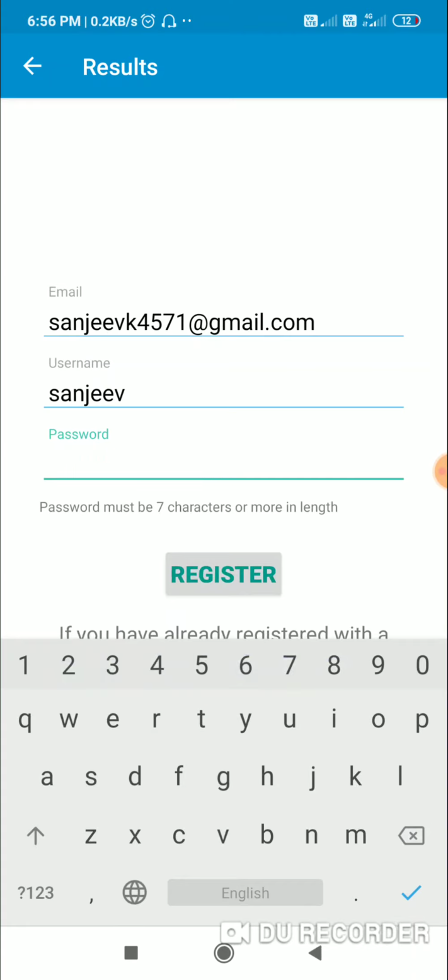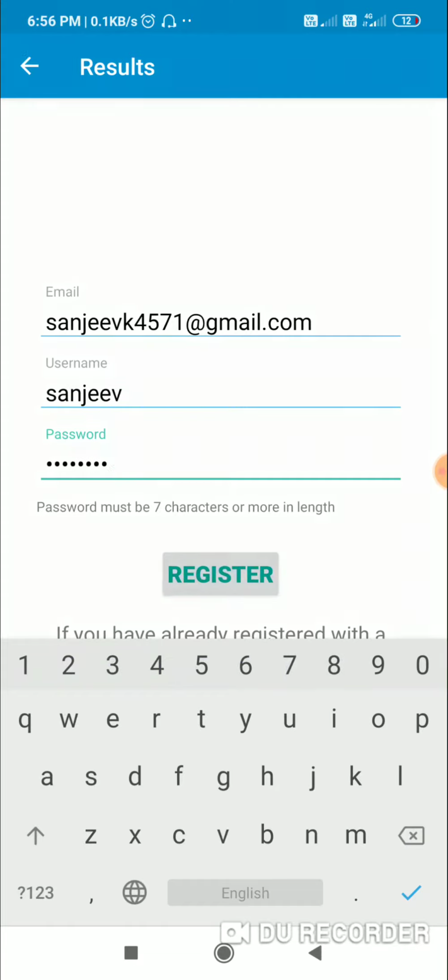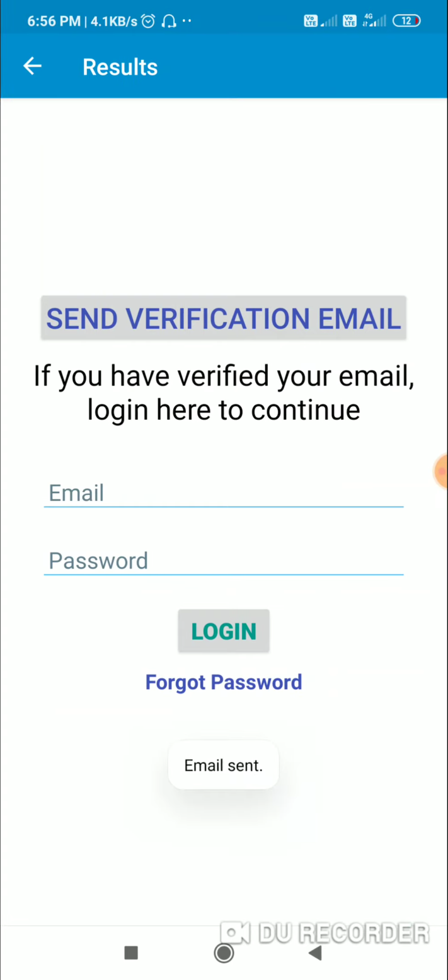I'll try one again. 1 2 3 4 5 6 7 8. So now I have registered successfully and it says email sent.